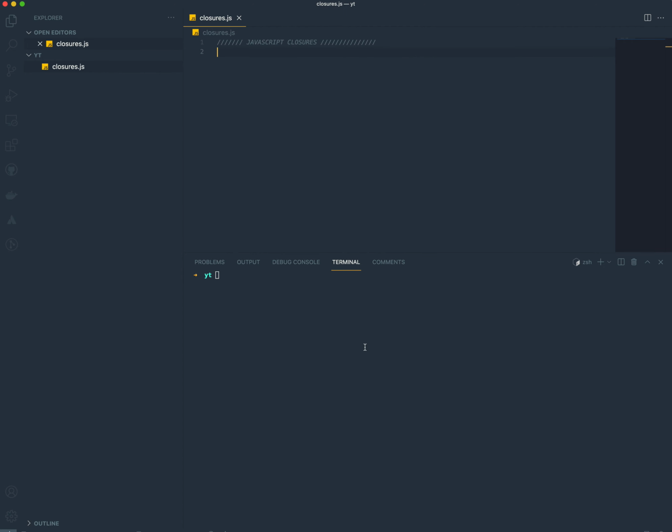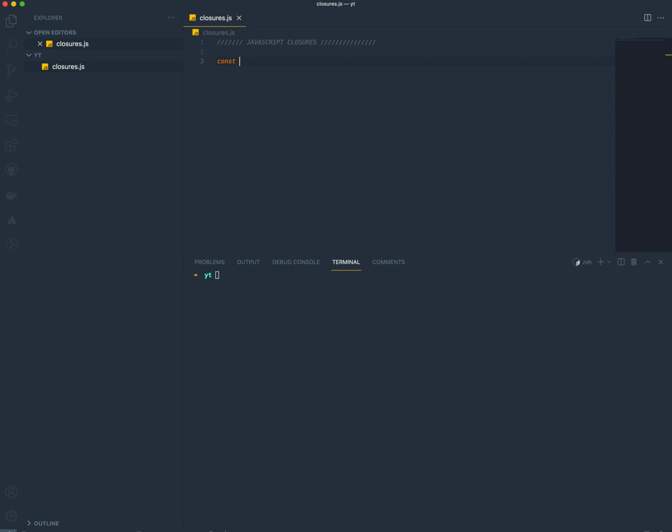Hello everyone. So today we are going to see about closures in JavaScript. A closure is a technique which we use in our day-to-day lives within JavaScript. A function which has access to the output of another function is simply called a closure. So I would like to explain it with an example.